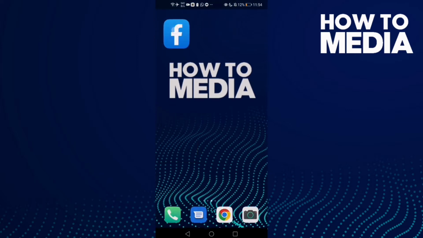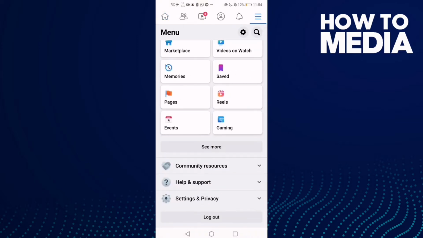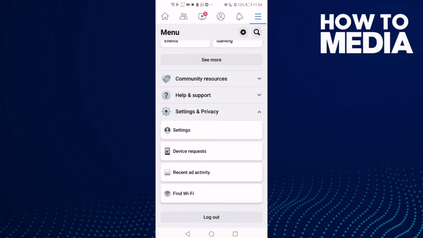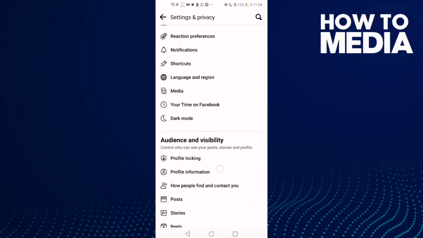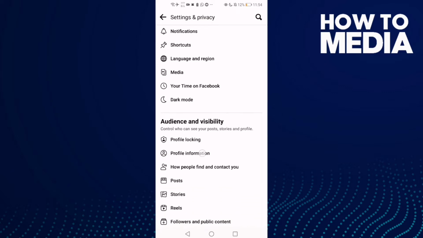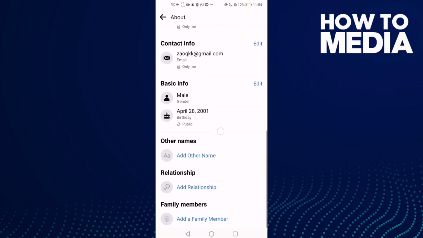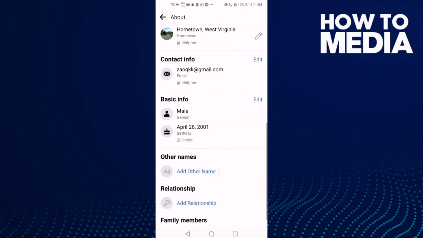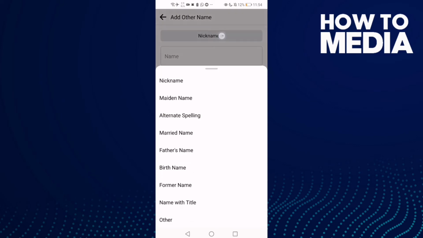First thing, go to Facebook and click these three lines and go down until you find settings and privacy, and then click settings, and then click this one, profile information, and go down until you find add other name, and then click this one,